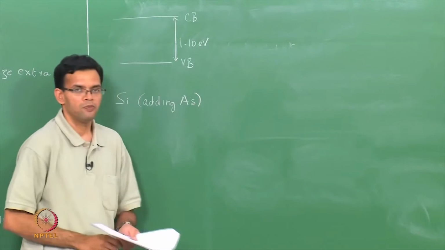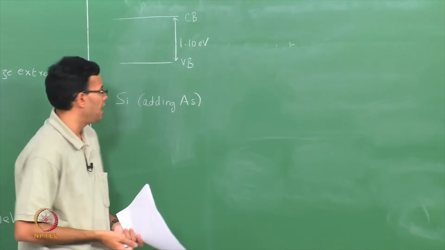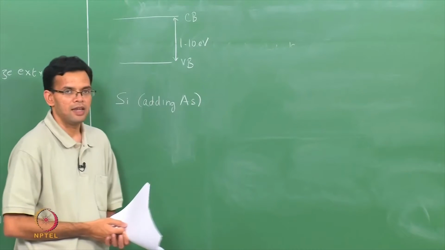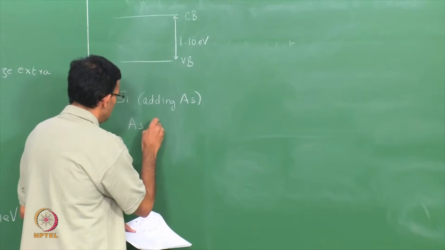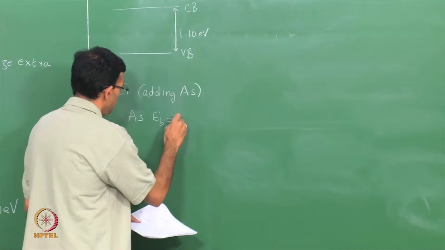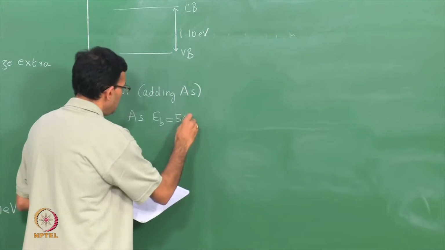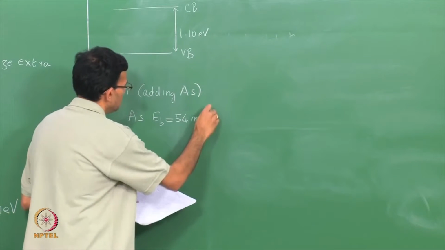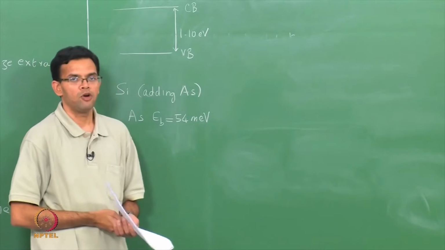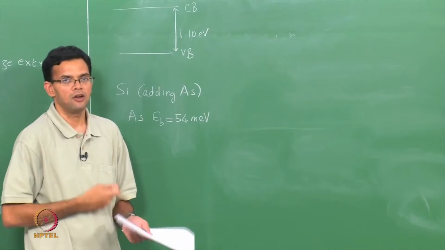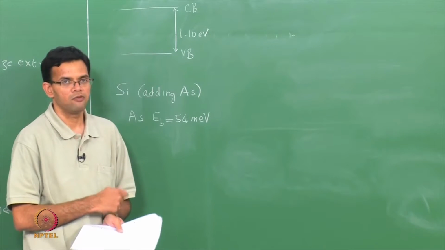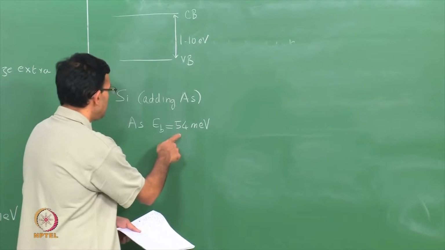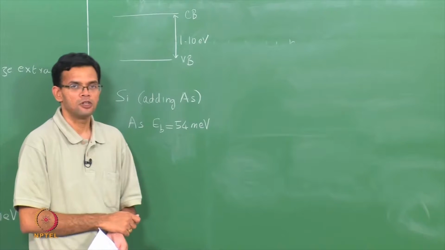We already saw that arsenic has one extra electron, and this one extra electron can easily ionize to the conduction band, and the ionization energy for arsenic is around 54 milli electron volts. We add a small amount of arsenic, so that these are localized states, they do not come into contact with each other and form a band, and these states are located very close to the conduction